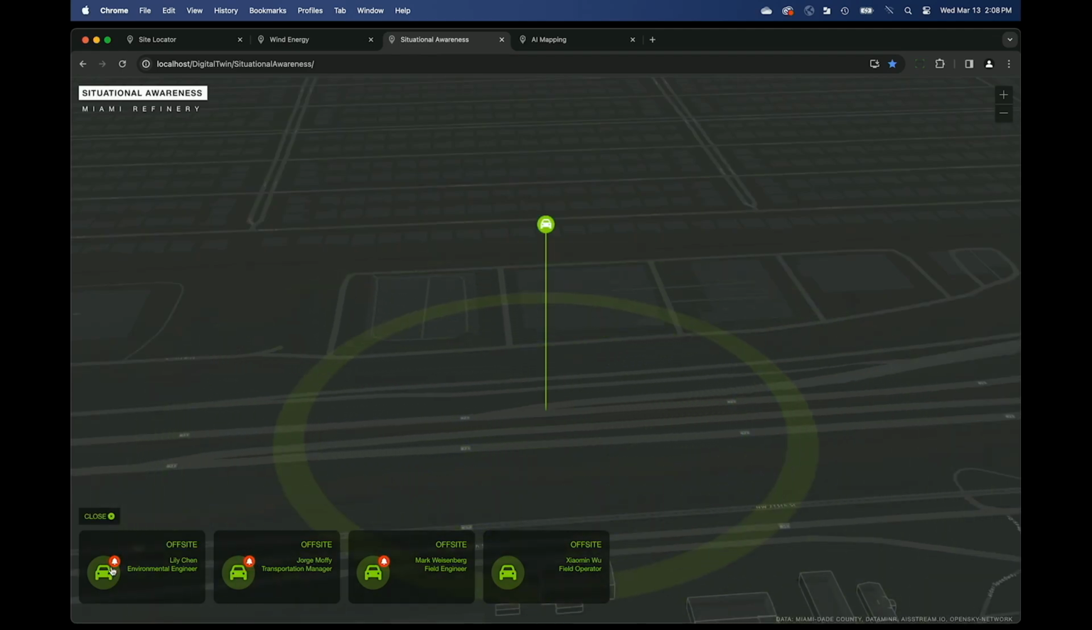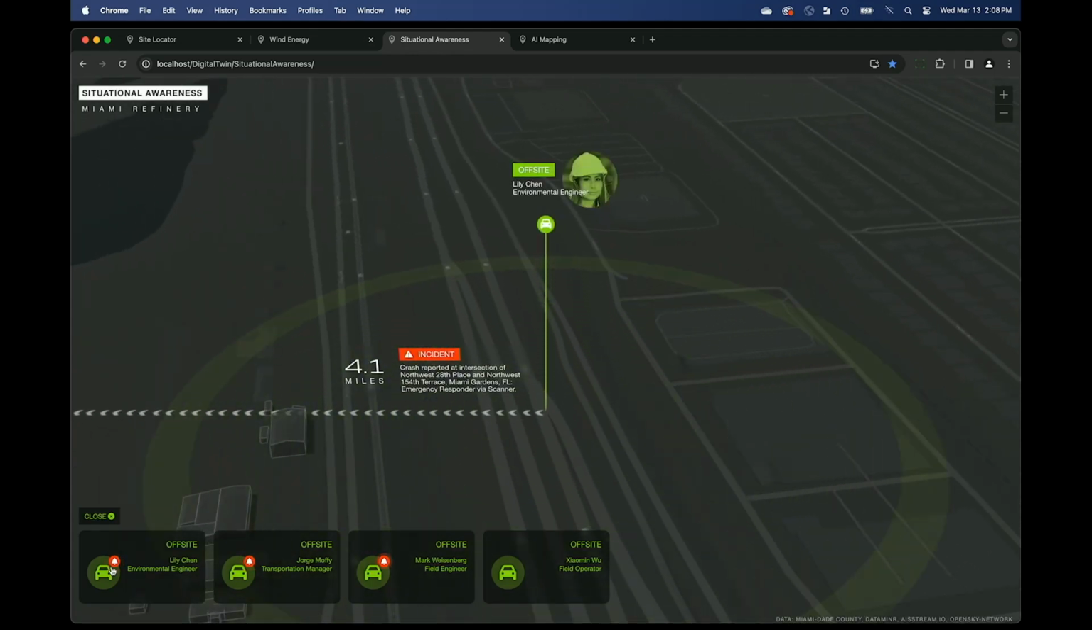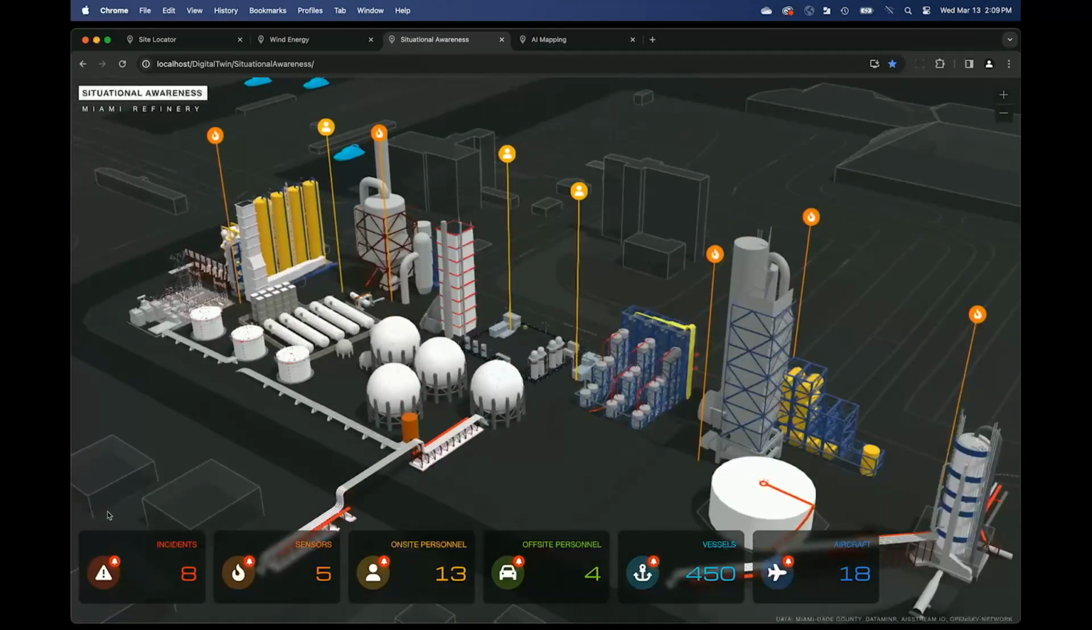It'll keep updating her location, and then it'll also show you where the incident is that is likely to impact her, right? So it's 4.1 miles away, there's a crash, and this actually is real-time data right now happening in Miami. And then because it's critical infrastructure, they also need to monitor ships and aircraft that are within a certain